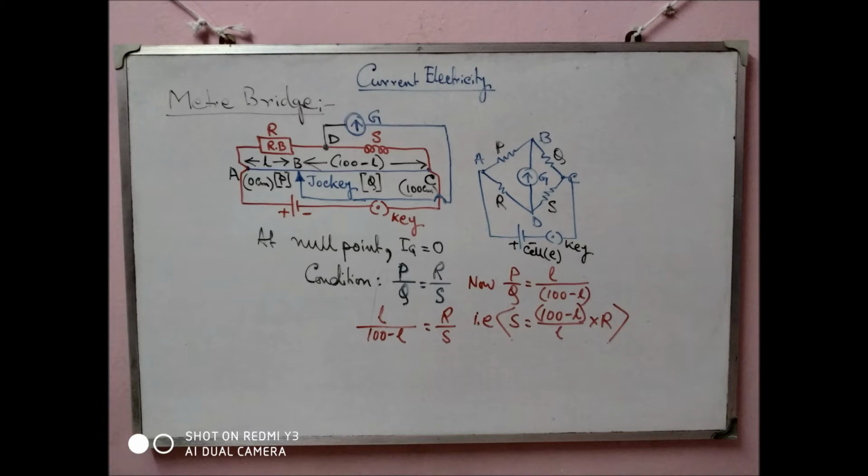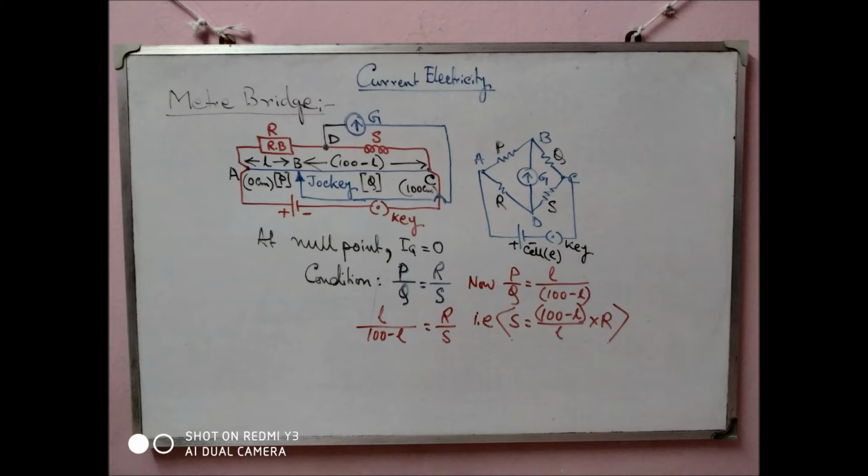Now the question is how we measure the unknown resistance using this 1 meter long wire. At first we have to construct the circuit diagram as per the Wheatstone bridge. So Wheatstone bridge, that bridge like structure, that is a rhombus structure which is bridge like, upper part and lower part, you have to remember first. Look at the board. We have drawn the Wheatstone bridge diagram right side and the meter bridge left side.